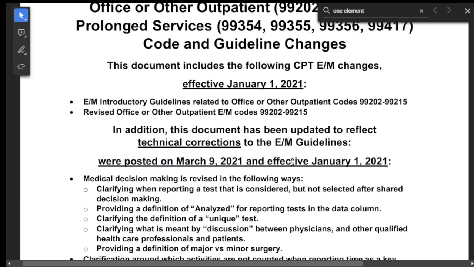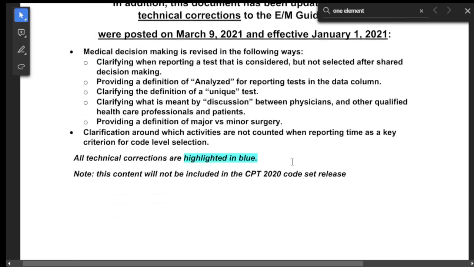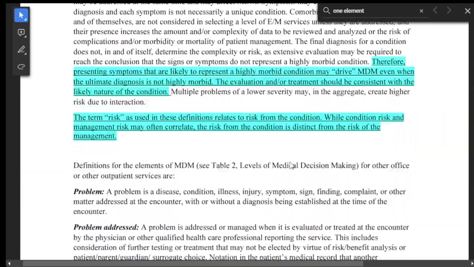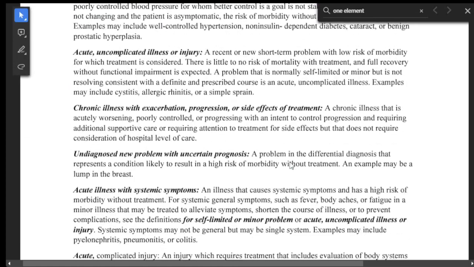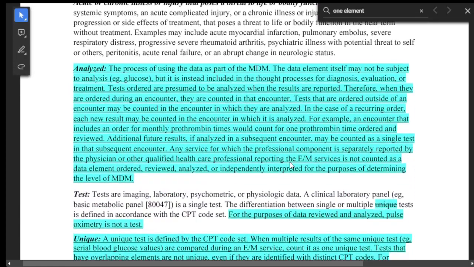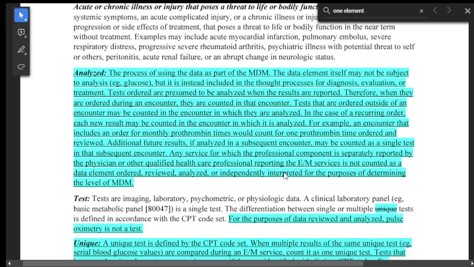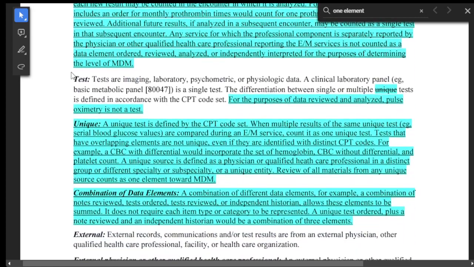This is almost 2 years old. And so I'm going to jump over to page 6, which is something that Austin brought up in the Thriving Urology Practice Facebook group. Under the test section, if you look at test, under unique,